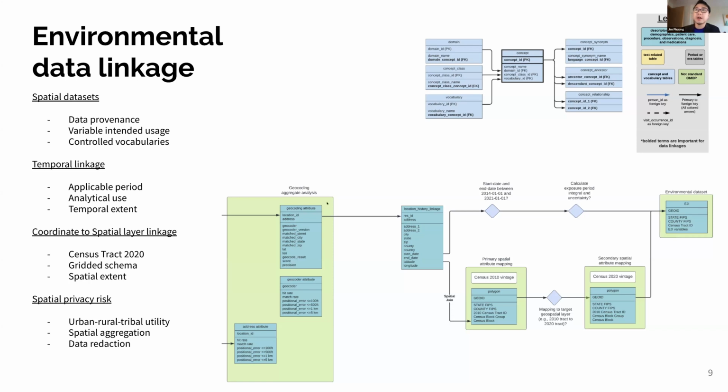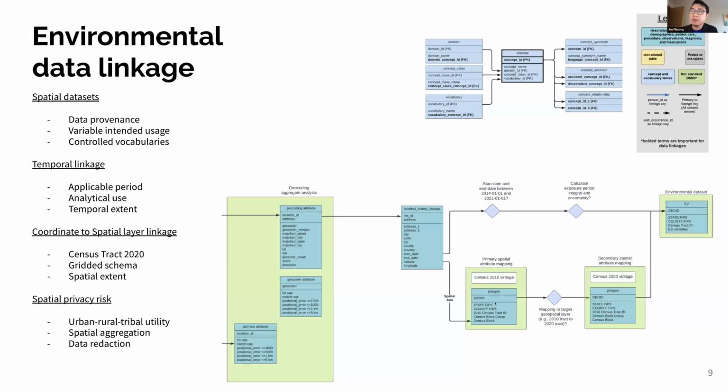For example, EJI has a certain type of extent. It is census tract based, but its extent is only the United States. It doesn't include Alaska. So apart from that, we might have to take that as a data set by data set basis. We might also have to consider things like the secondary transformations. What is the actual output gridding that we would want this data set to be in?